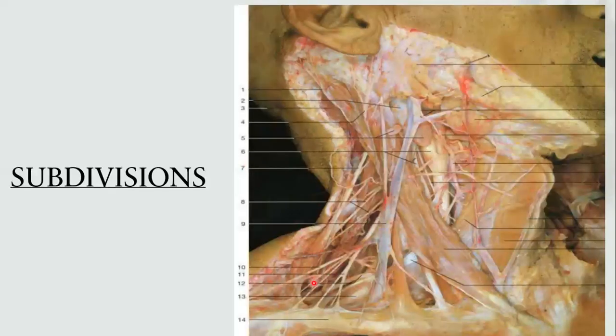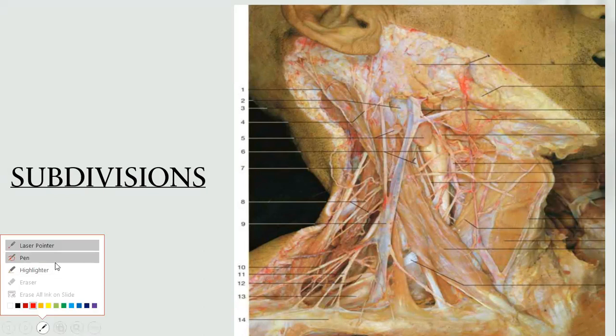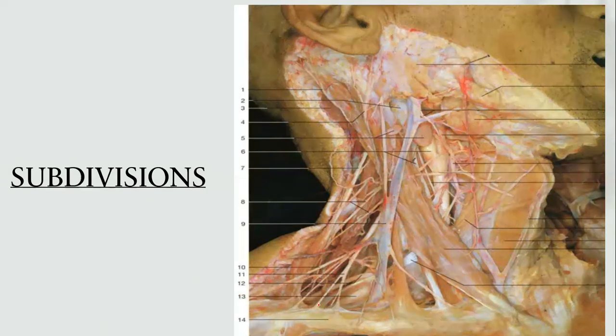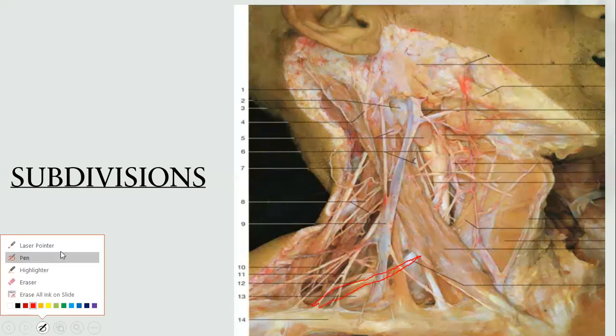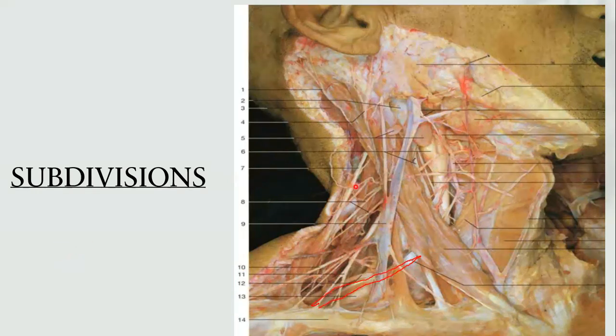So what are the subdivisions? So this triangle is divided into two by that muscle there. So the muscle there, that one, that is the inferior belly of omohyoid muscle. So the inferior belly of omohyoid divides the triangle into an occipital triangle up here and a subclavian triangle